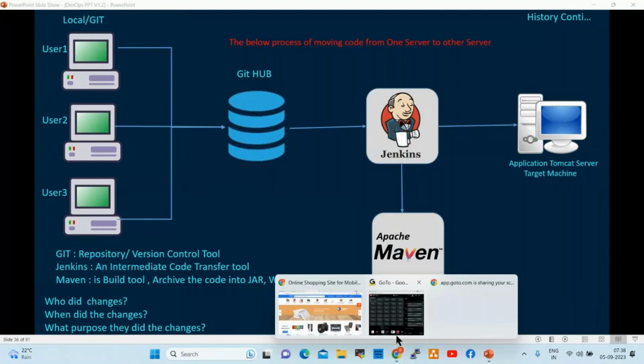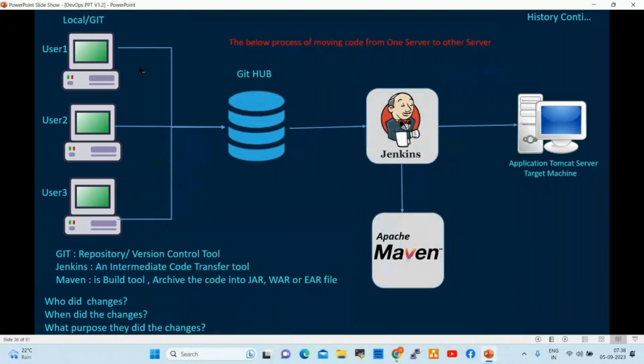So once the development is completed in their local Git, they push the code to the remote repository. Jenkins pulls the code and will deploy it onto the application server. But whatever code is pulled by Jenkins is raw code, meaning unstructured, unformatted code. That raw code we cannot directly deploy onto application servers. That is why we are integrating one more tool, which is Maven.